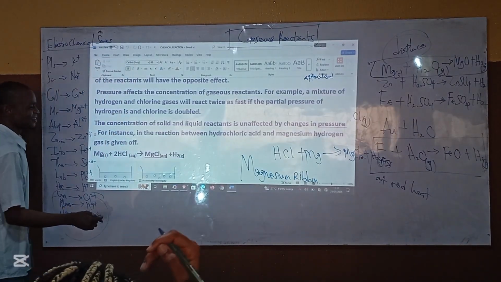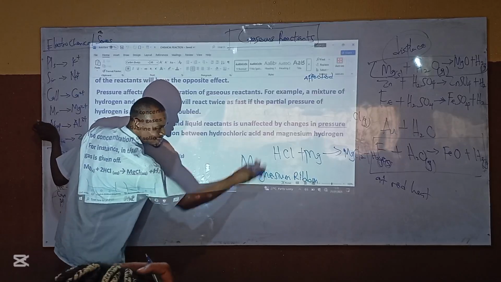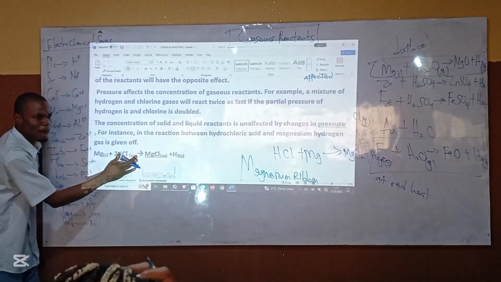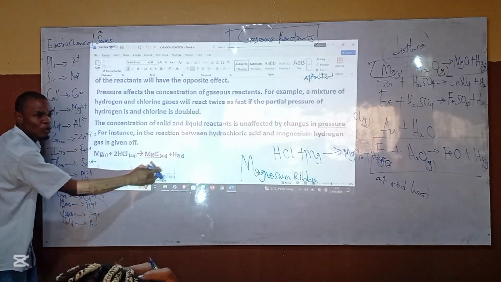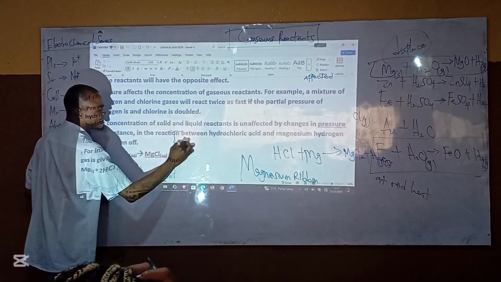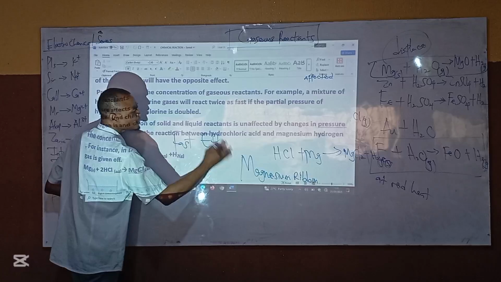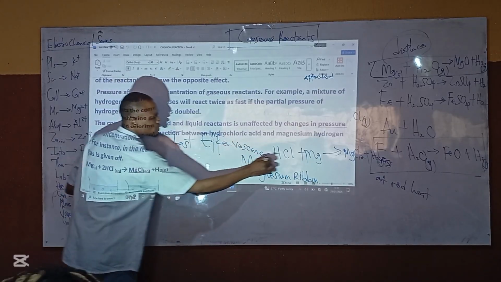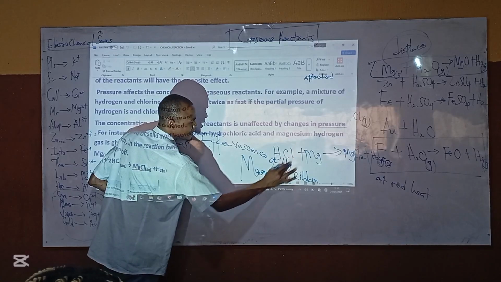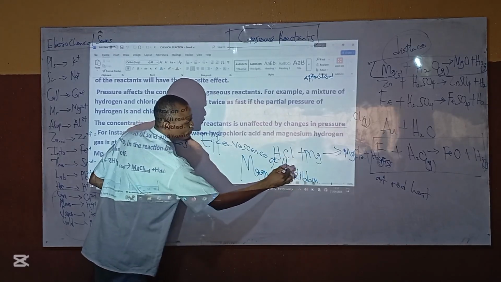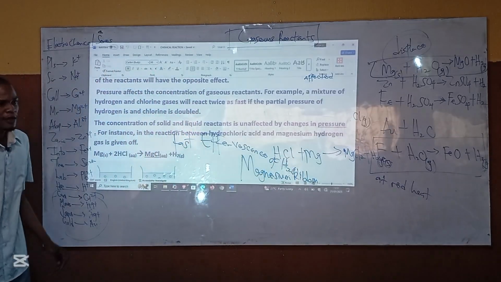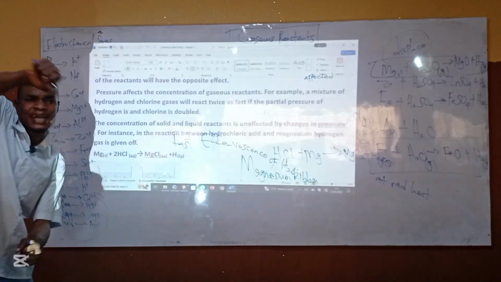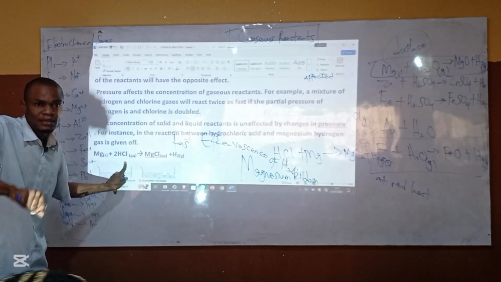When they put magnesium into an acid that is very concentrated, what's going to happen? There will be a fast effervescence. Pronounce this word: effervescence. A fast effervescence of hydrogen gas. But if you reduce the concentration,